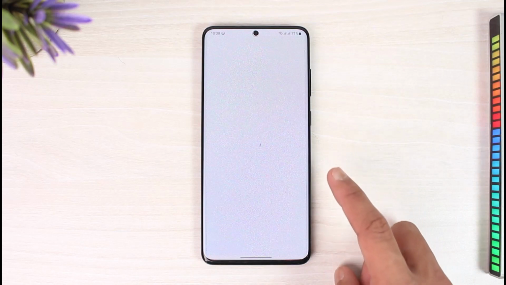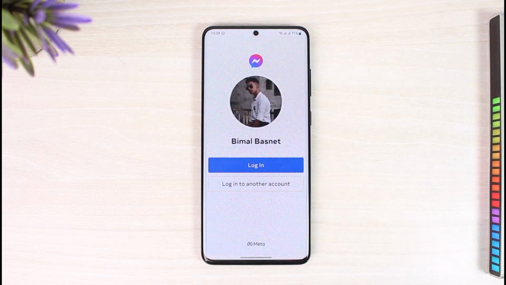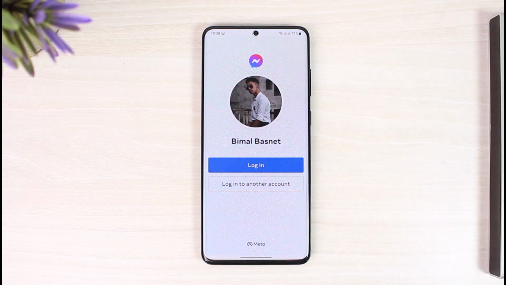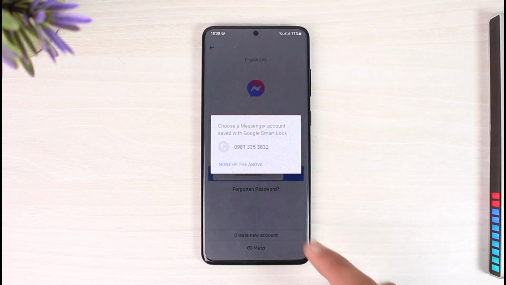over here. Now just for a heads up, if you're logged in on Facebook, it's going to automatically ask you to log into that account, right? Because this account is logged in on my Facebook app as well. If this is the account that you think you should be logging into, you can just tap on the login button, it will automatically log you in, or you can just tap on login to another account,